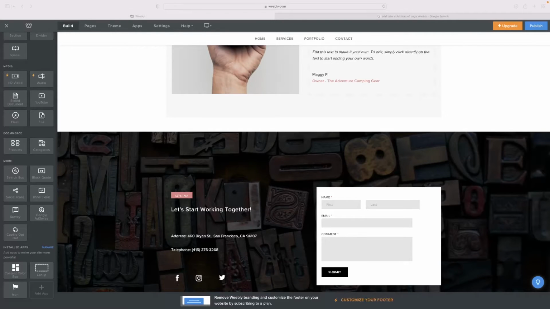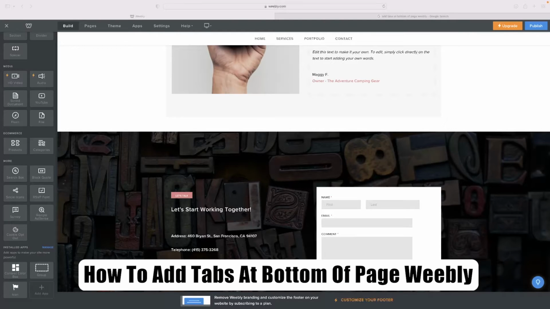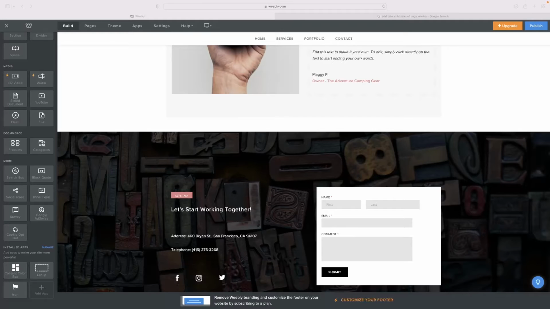I've got a very short video for you that will show you how to add tabs at the bottom of the page in Weebly. Just before I do so,